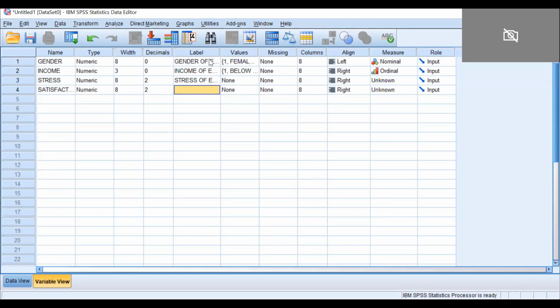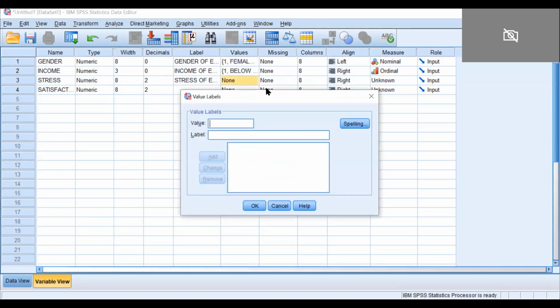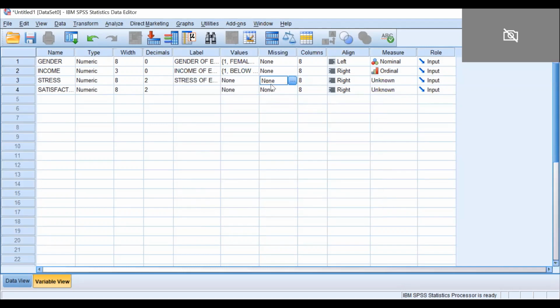Gender of employees of company ABC. Income: whose income? Employees of company ABC. In the same way, stress: whose stress? Employees of company ABC. For stress values, there is nothing we have to put. No missing column, no alignment, simply okay.